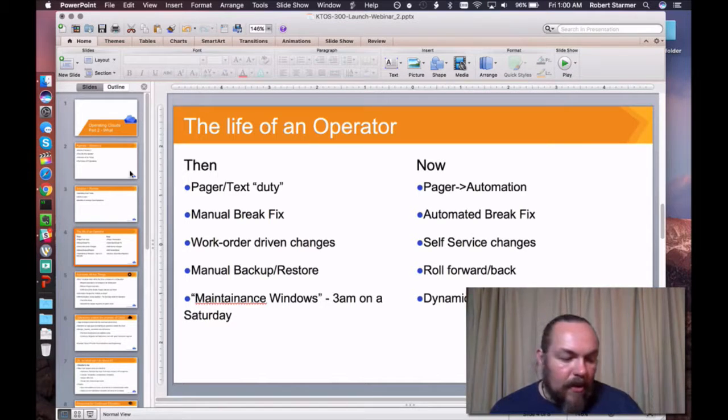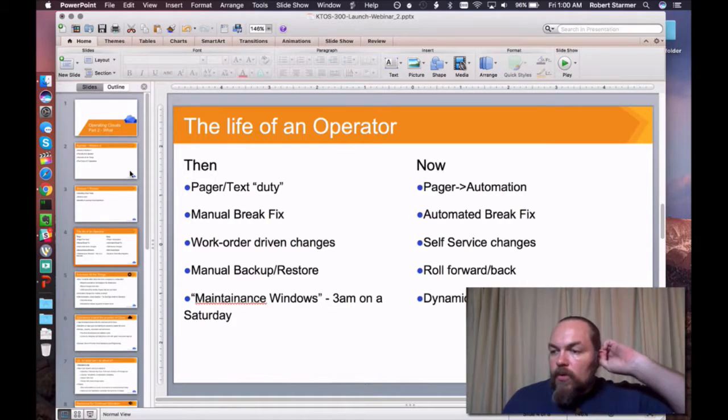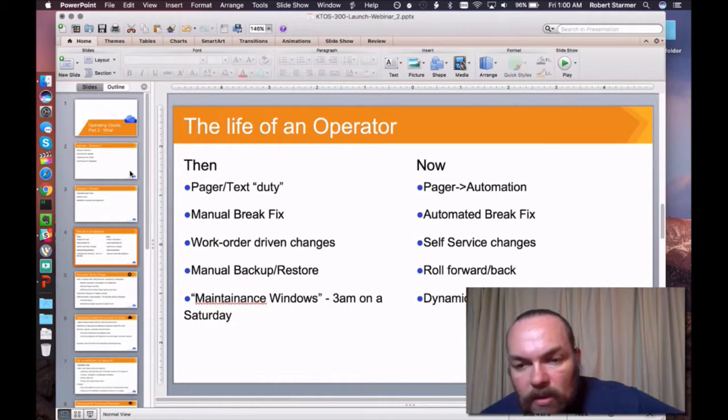Instead of having a current running state and a maintenance window to get to the next running state, we roll forward a new set of systems over time, and slowly migrate users onto those new environments, or slowly enable those new features, as one way of thinking about how applications are operated.